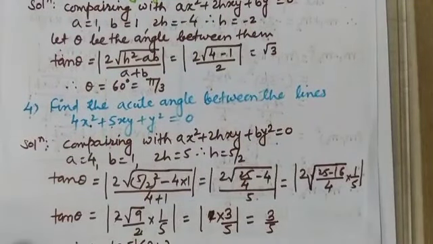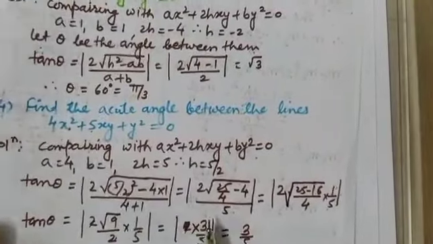So after solving this equation, these are the simple types of problems. The method is the same for solving all types of problems. Just remember the steps. The first step is to compare this equation with ax square plus twice of hxy plus by square, then find out the values of a, b and h, put the values in the given formula, and after putting the values simplify. Each and every problem of this type can be solved in this way only.